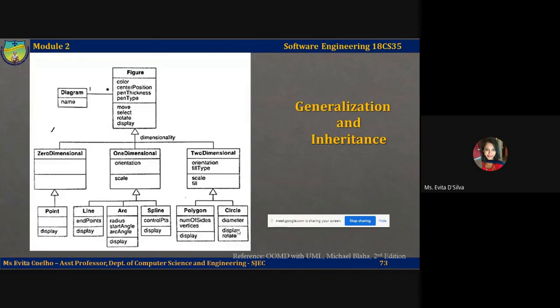But you can see circle wants to use its own display method. So this is the overriding feature. That means when there is a method which is defined in the parent as well as the subclass, always the method defined in the subclass will be executed. So this is called the overriding feature or method, as it will override this method.